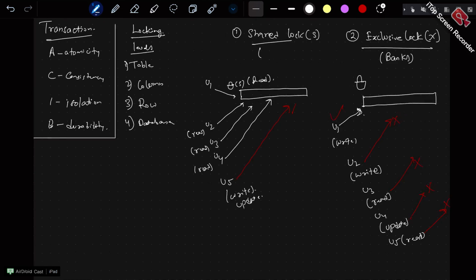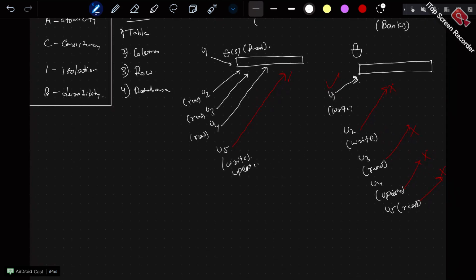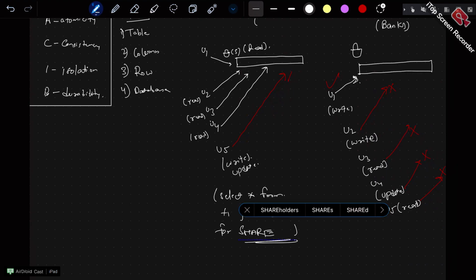Now shared and exclusive locks, how can you use this feature? The way you can use it is something like this. In SQL, in MySQL, you can write select star from some table, join table T2, and at the end you write the keyword. Exactly, even I don't know, but it's select for share. Not lock, select for share, at the end.